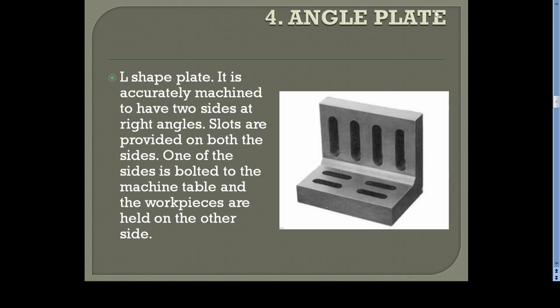And the fourth one is the angle plate. Angle plate is also widely used in all the different types of machines. Angle plate is nothing but an L-shaped plate, and it has slots on both the horizontal surface and vertical surface. The slots on the horizontal surface are to hold the angle plate on the machine table or machine bed, and these slots are for holding the workpiece. So the workpiece can be held here, and by using a T-bolt you can tighten it on the vertical surface of